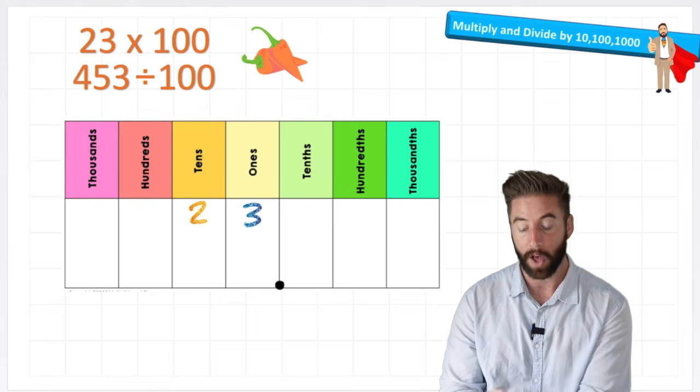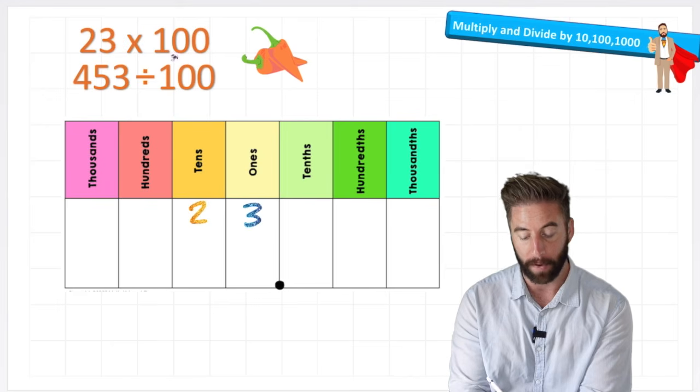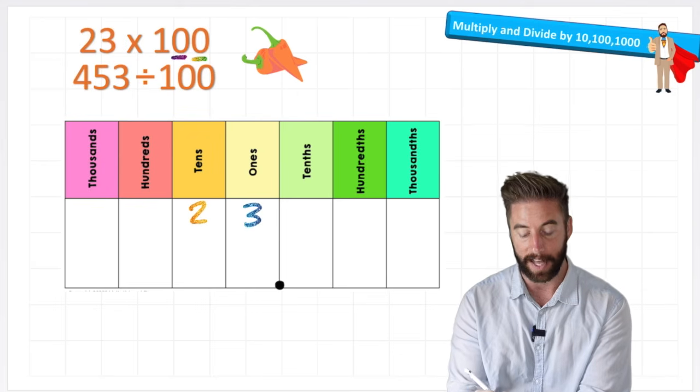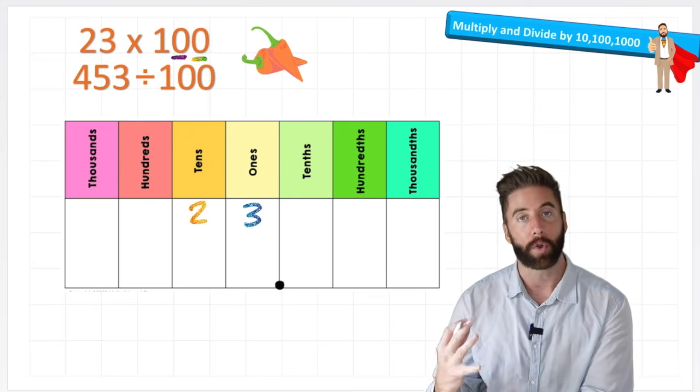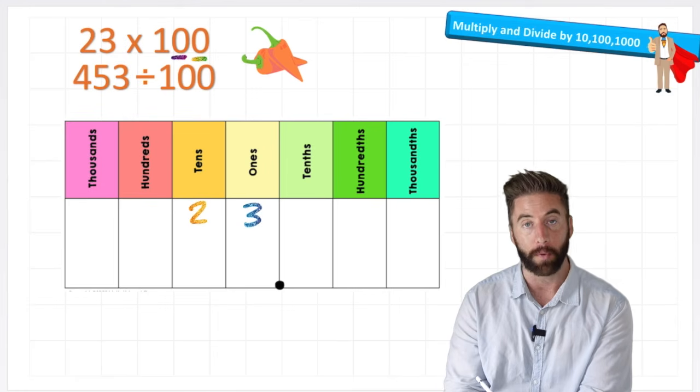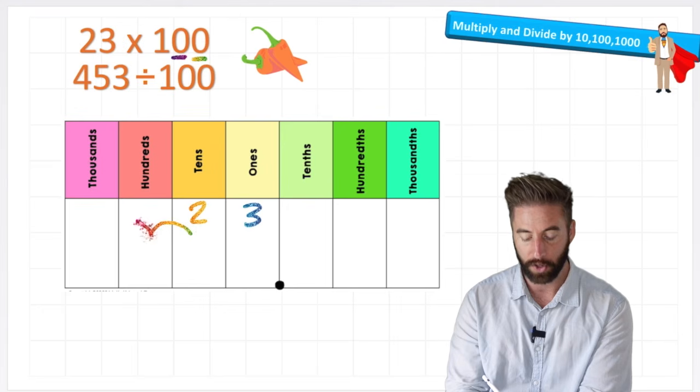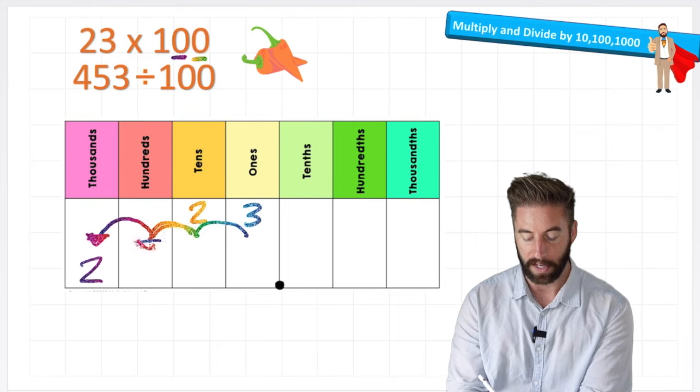So to do that, I'm going to move it not just one place up our place value chart, but 2 places. And I can see that because I have 2 zeros in my 100. So to make it 100 times larger, let's move them 1, 2 places. So my 2 moves 1, 2 into the thousands column, and my 3 also moves 1, 2 into my hundreds